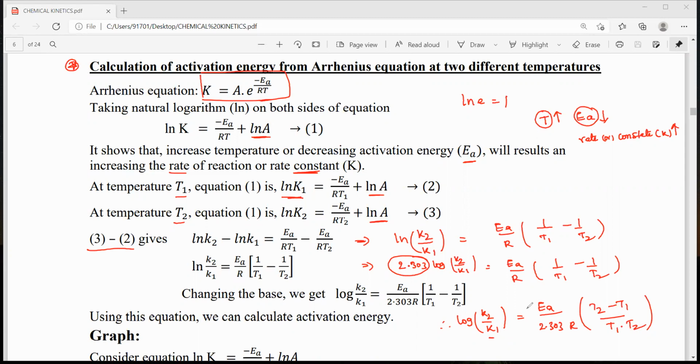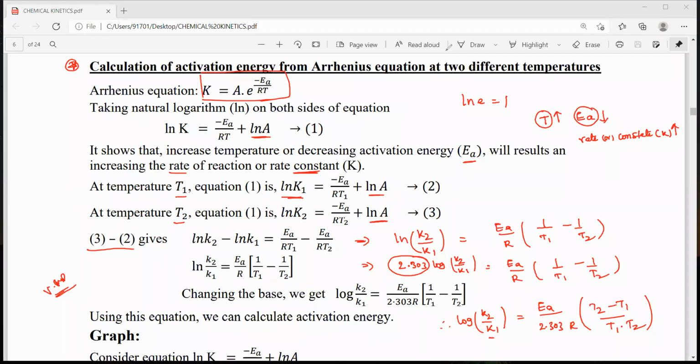By using this equation, we can find the activation energy very easily. Related problems are asked many times in board examinations as well as in JEE. The rate constants k1 and k2 and the temperatures T1 and T2 will be given, and we know R is the gas constant. We have to find the activation energy Ea of a chemical reaction. Activation energy calculations are very, very important, and these formula-based problems are compulsorily asked in board examinations as well as in JEE.